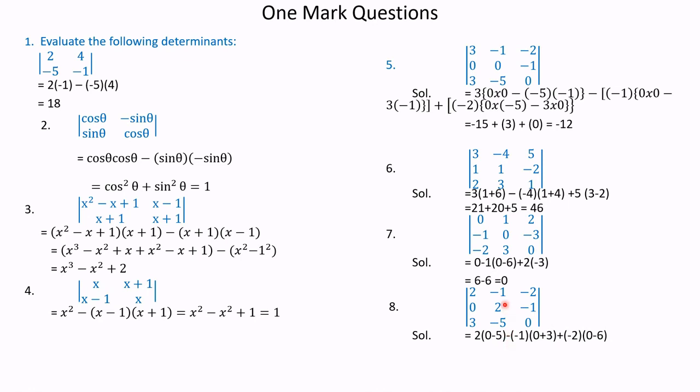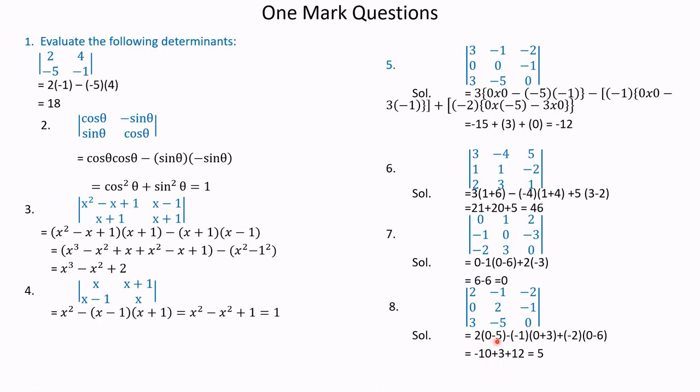And then next element is minus of minus 1, minus here, minus 1, delete the column and the row of minus 1 and we get 0 into 0 is 0, minus of minus 1 into 3 is plus 3. Then the next item is minus 2. Here we get plus 2. Because of this minus, we take this minus 2. Delete this column and delete this row. We get 0 into minus 5 is 0. Minus of 2 into 3 is minus 6. Simplifying, we get minus 10.